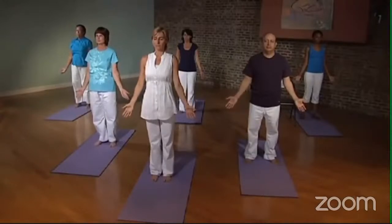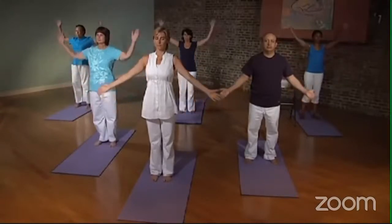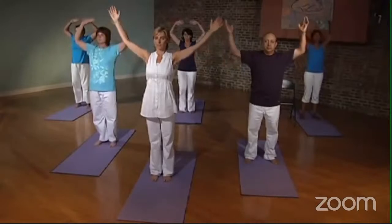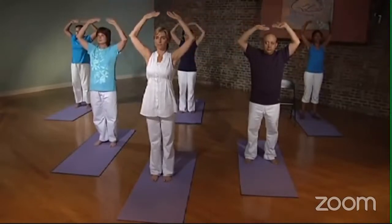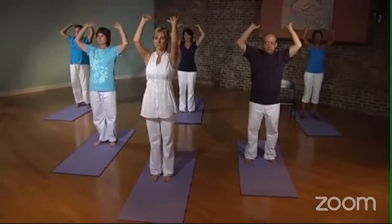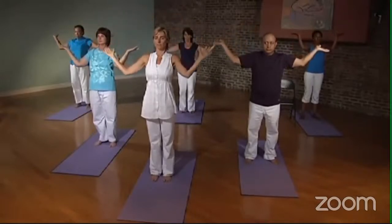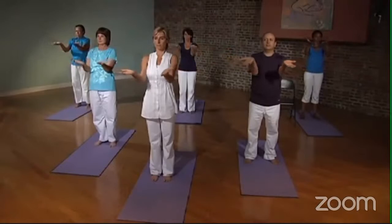On the next breath, lift the arms back over the head. Fingertips point in, palms face up. Imagine that you have candles in the palms of your hands and you do not want to spill them. Turn the fingertips so they face behind you. The palms remain up. Turn the fingertips to the side and then to the front like an offering, then out